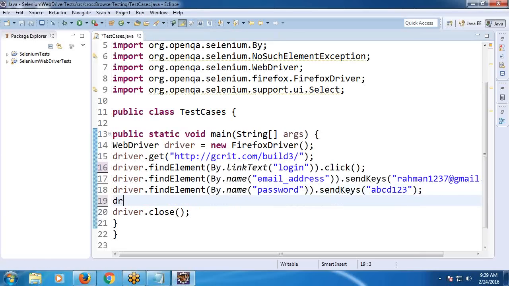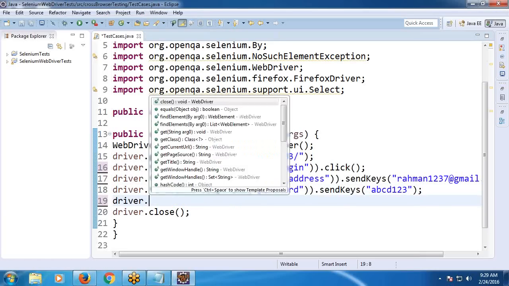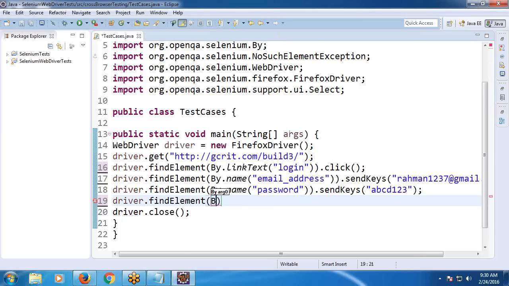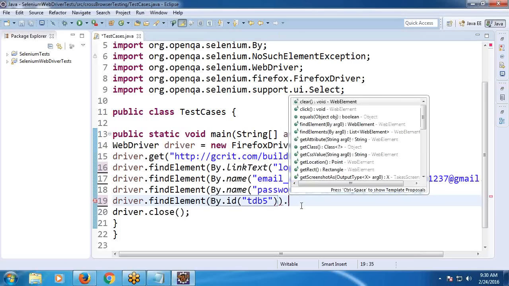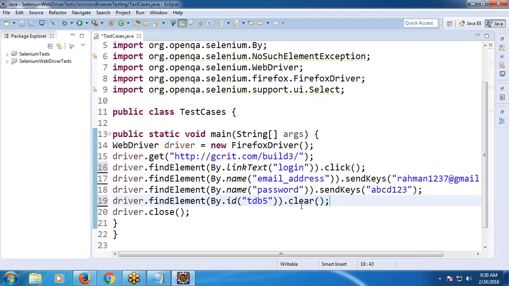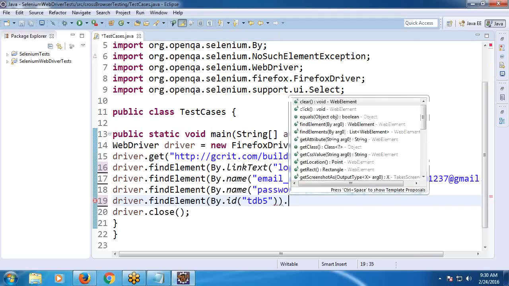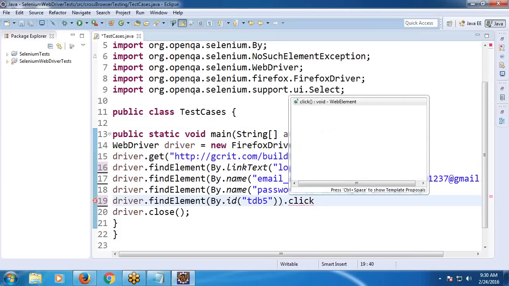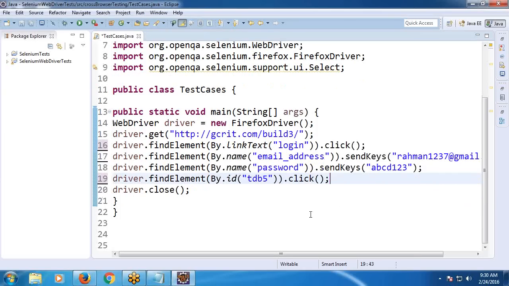Next, last element: driver dot find element by dot ID of what is that value, Madhavi? TDB5. Okay. Operation: dot click. Next,